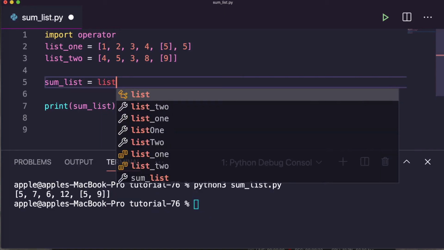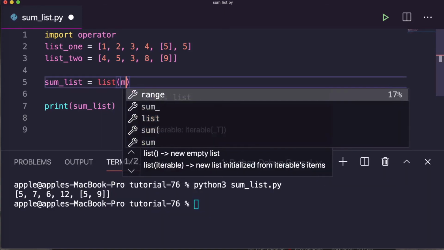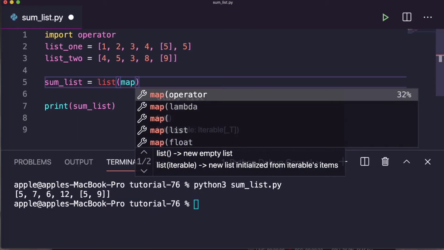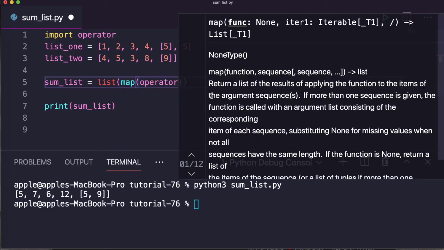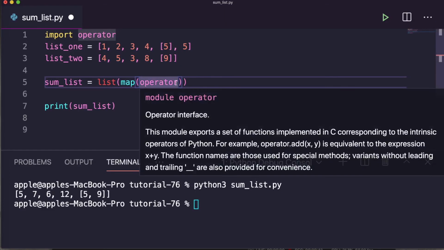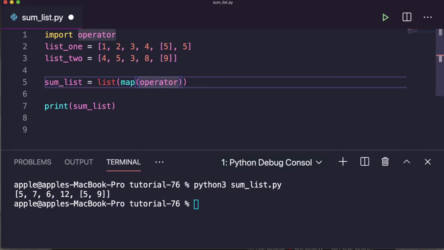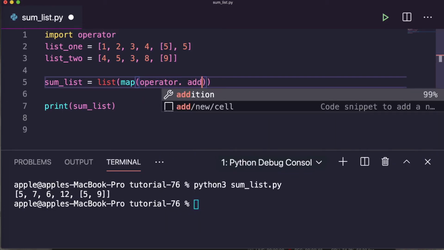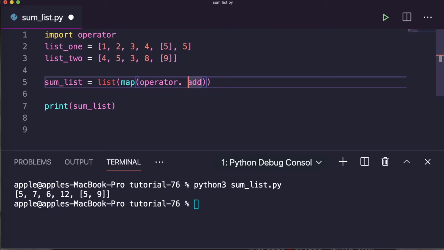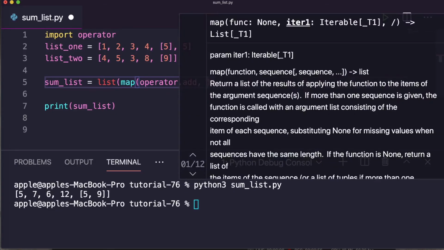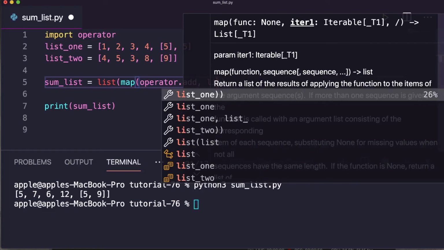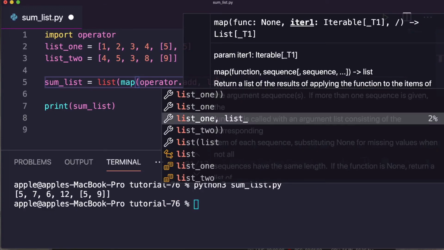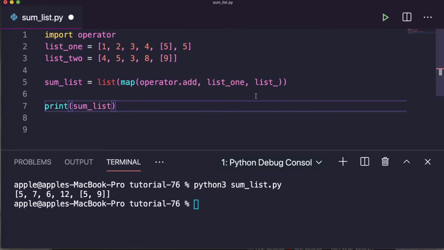Let's create a list where we use the map function, map operator dot add. This is the add function here. Within the add, the first element is list 1 and list 2.